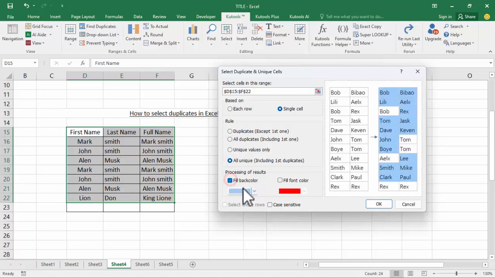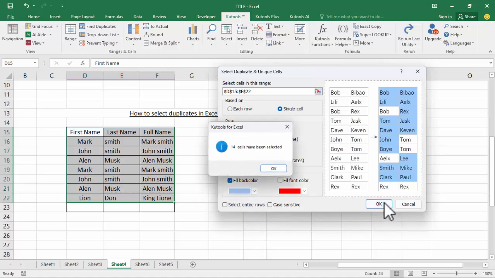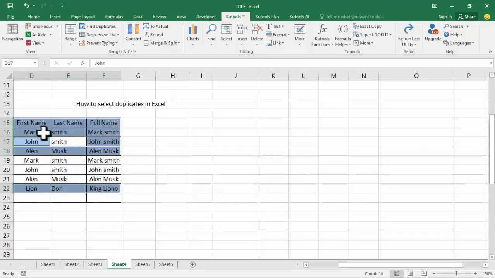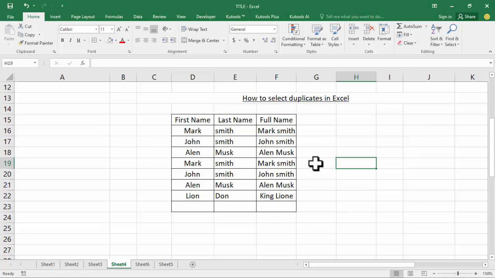fill color or background, click OK. Now see this, duplicate values or names. Another way to select duplicates, select the full table